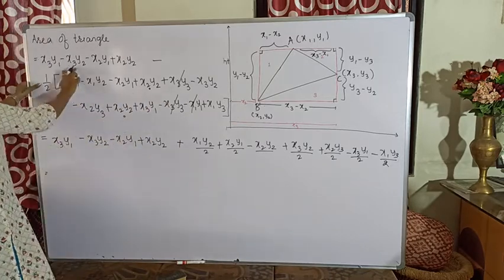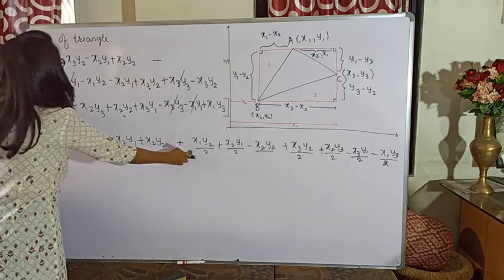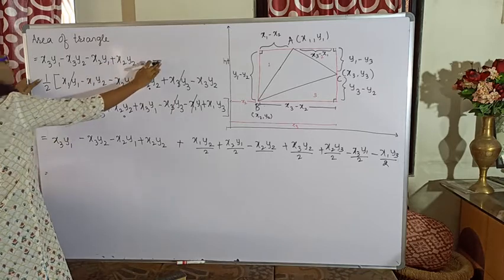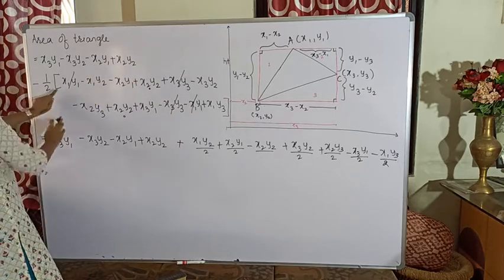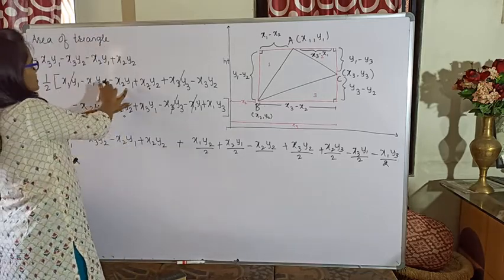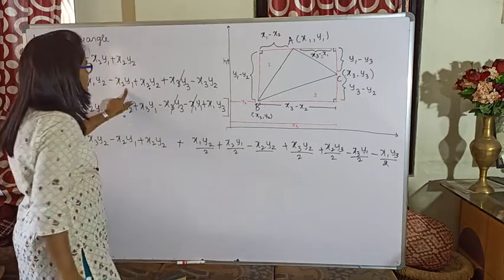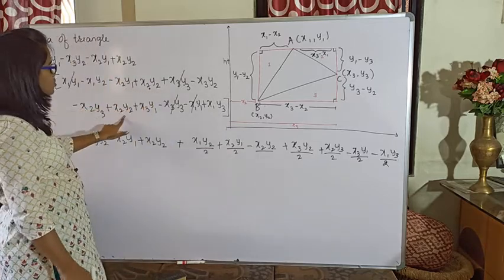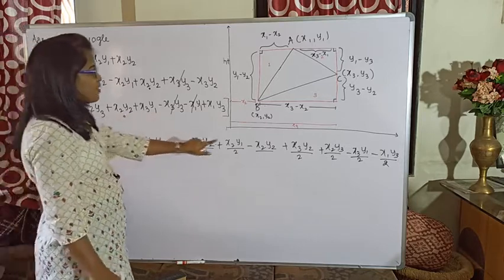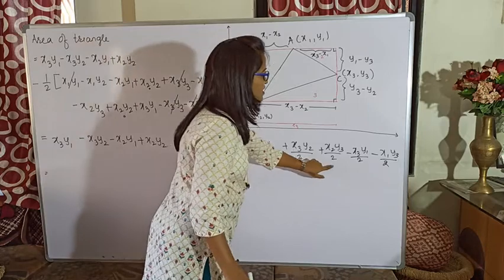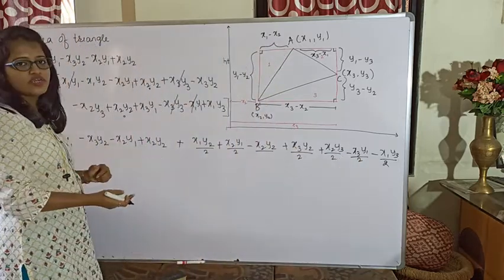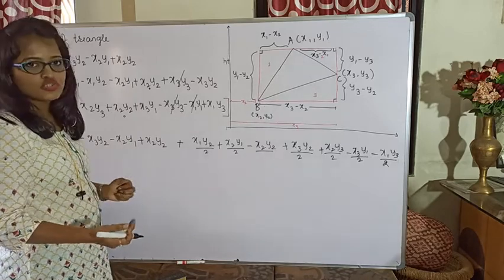So in my next step, what I have done here, I have multiplied it with half to the whole bracket. So hence the first four terms will remain as it is. The next term, after multiplying with half, now this here it is minus, so let me write down here itself. So minus 1 half by minus x1 y2 is plus. Similarly, if you multiply with this, minus will turn out to be plus and 2 will come in the denominator. Here x2 y2 was 2 times, so when it gets multiplied with minus 1 by 2, 2 will get cancelled and only minus x2 y2 will remain. And similarly, all the next terms I have multiplied with minus 1 by 2. So wherever the signs are negative, it will become positive, and wherever they are positive, they will become negative.